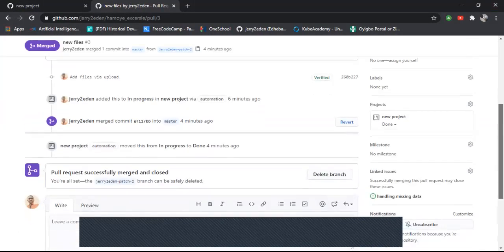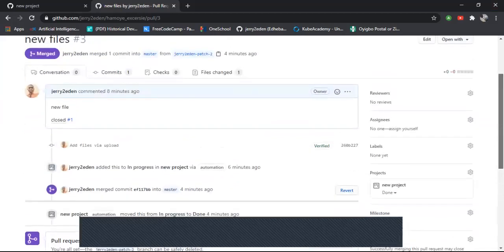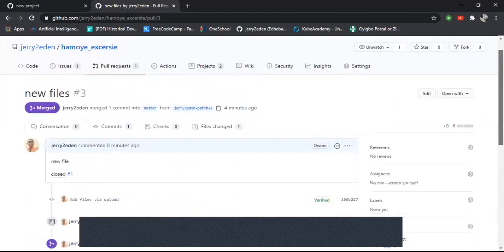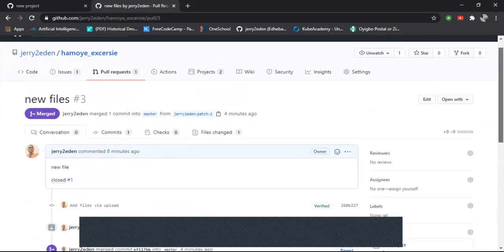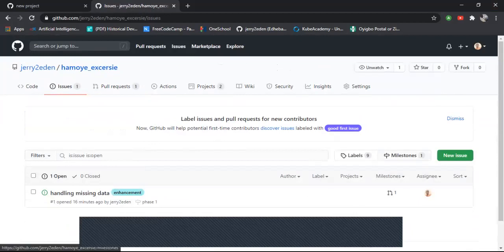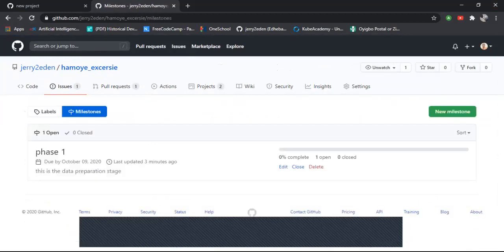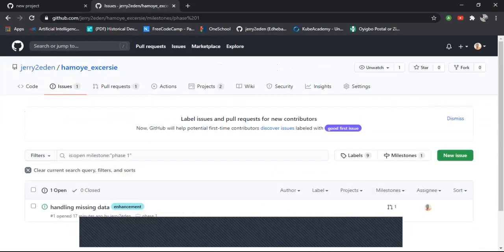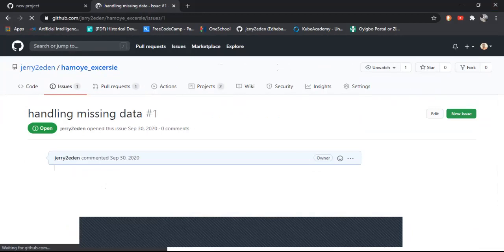Now, as you close issues and the rest, you see your milestone progressing. One open issue. Now, if we close this one open issue on this milestone,